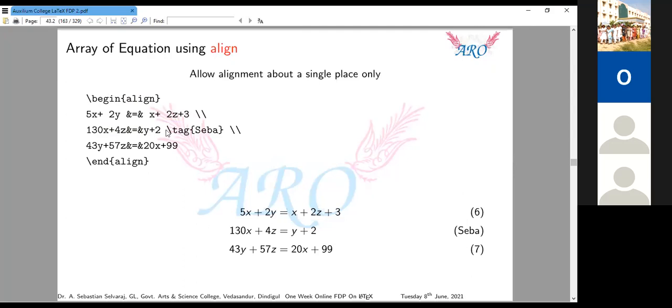So next one. Previously we used no tag for unnumbering that equation. Suppose you want to give some special tag with your name, or some star or asterisk, whatever it may be, just use the command tag. Tag, your tag contents. I'm using my name, since it's my equation. For that purpose we may use tag, and within the mandatory bracket you enter your content. The next equation automatically takes the next equation number, carried by the LaTeX editor, 6 and 7.